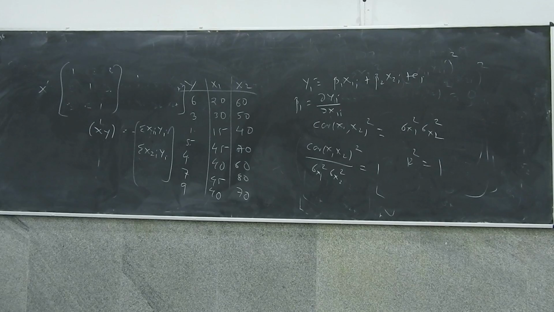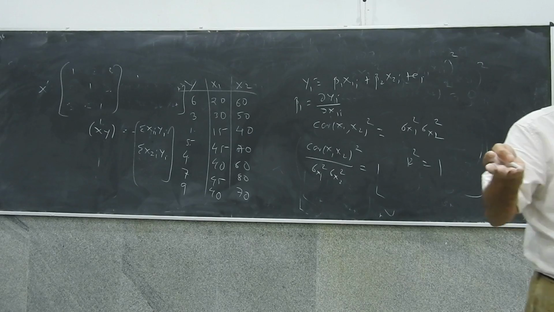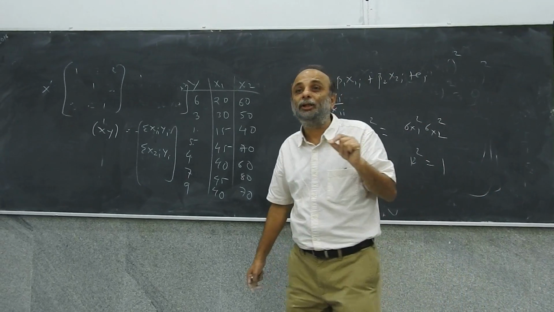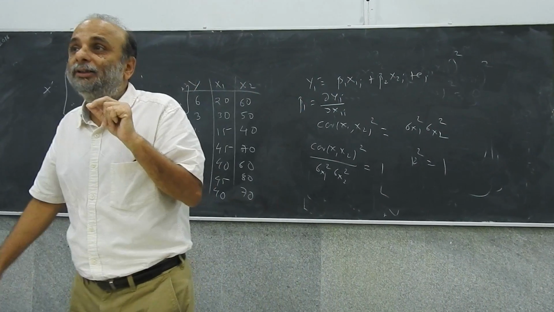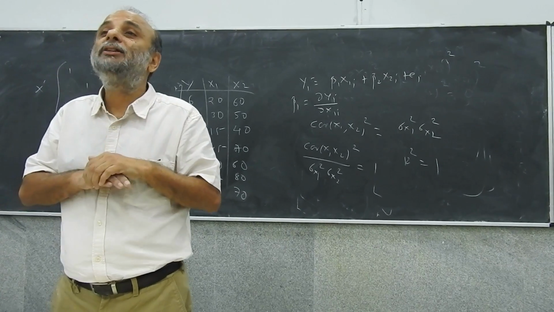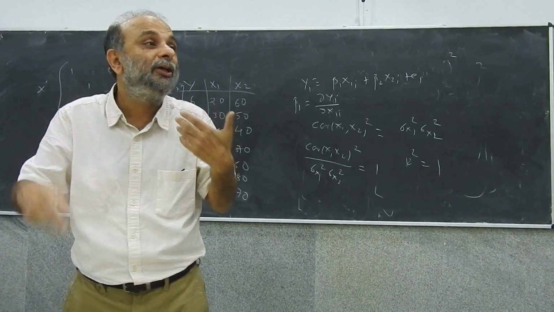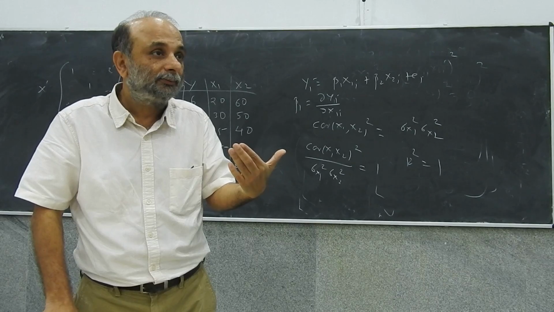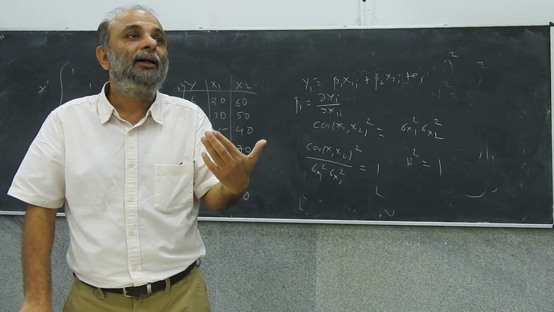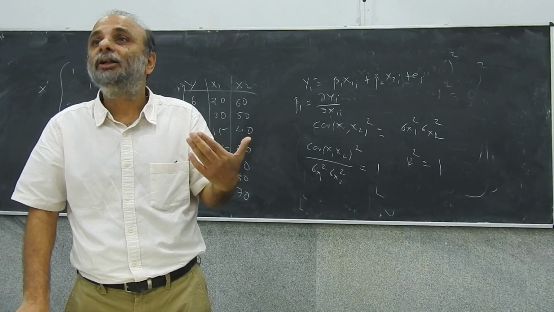Which will happen if the marks and the attendance are perfectly correlated. The BA marks and the attendance, the two explanatory variables, are perfectly correlated. Which will mean that you don't have any information in the data to calculate beta 1 and beta 2 separately. Is this clear? So the determinant of x dash x therefore tells you how much information there is in this data. Okay? Determinant of x dash x tells you how much information.